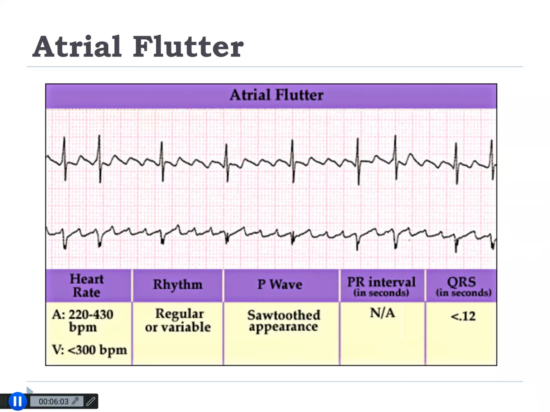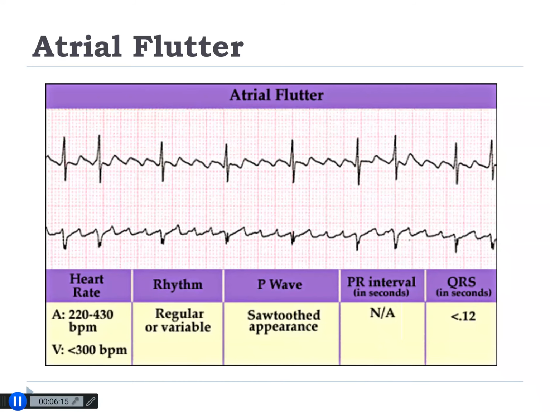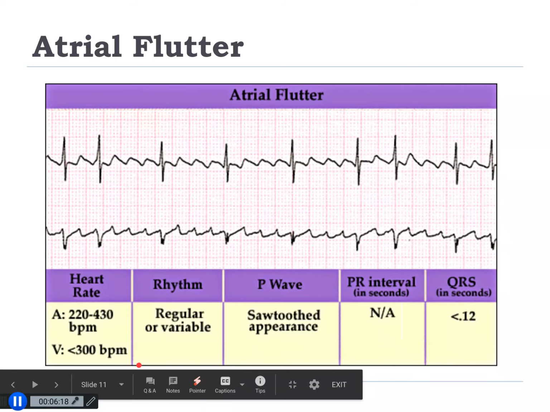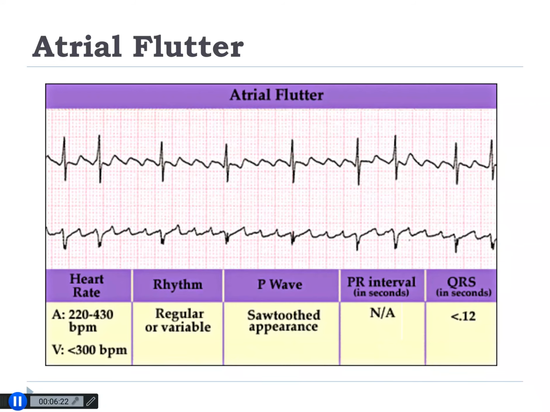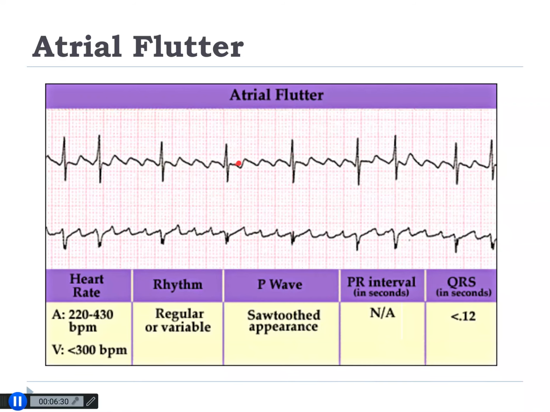Okay, atrial flutter. So this is a very fast heart rate, 220 to 430 in the atrium, and typically it can be up to 300 in the ventricles. The rhythm is actually kind of regular, and the P waves give a very sawtooth appearance. This is a typical A flutter right here where it looks like